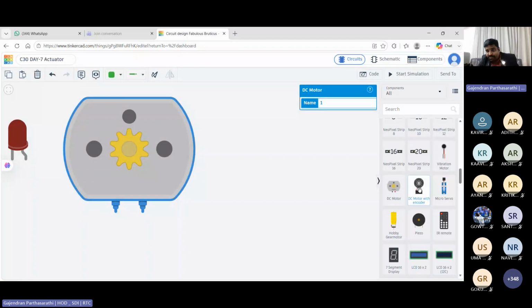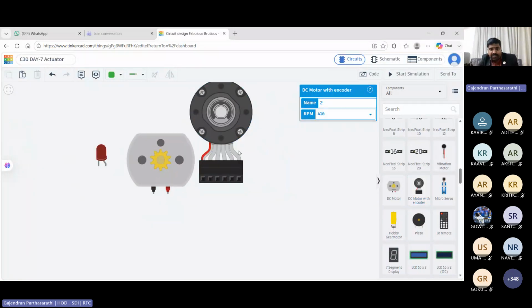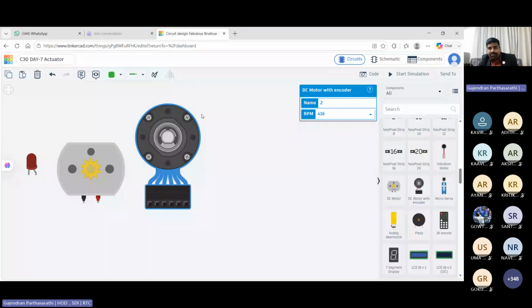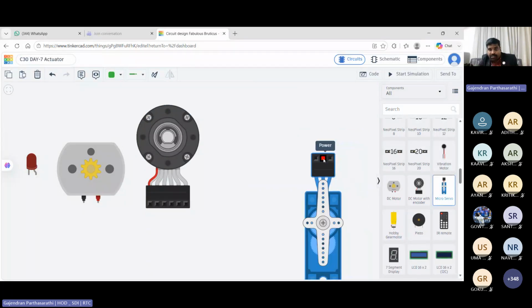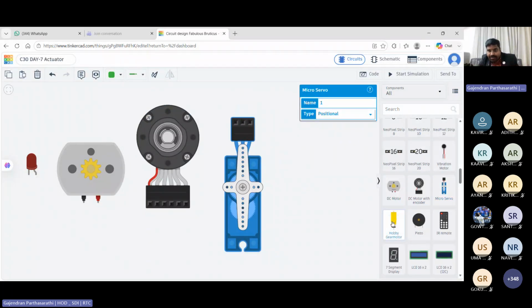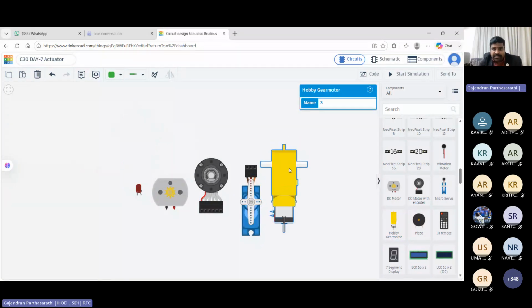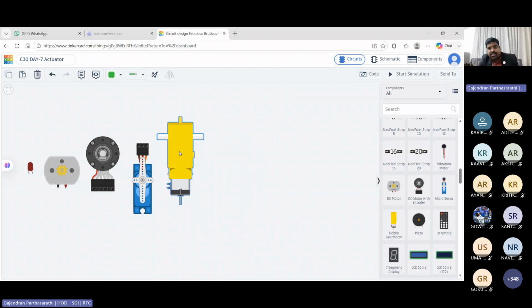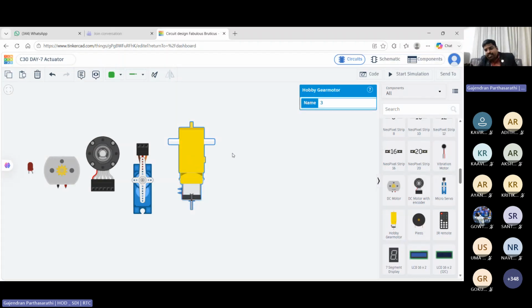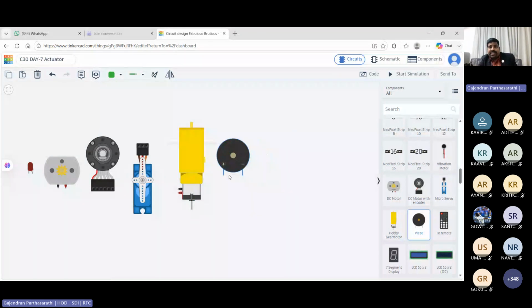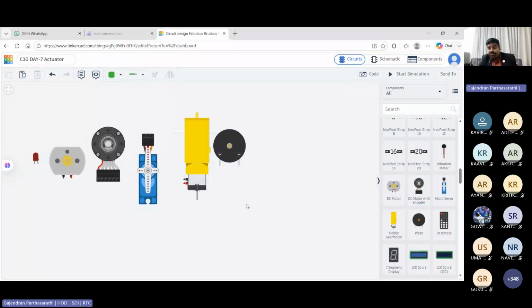Okay. So here I have a DC motor with the encoder. Then servo motor. Then hobby generator. The generator, the same thing, we can use for mechanical output also. These piezoelectric buzzers are also considered actuators. These will produce sound energy. So our today's task, we are going to